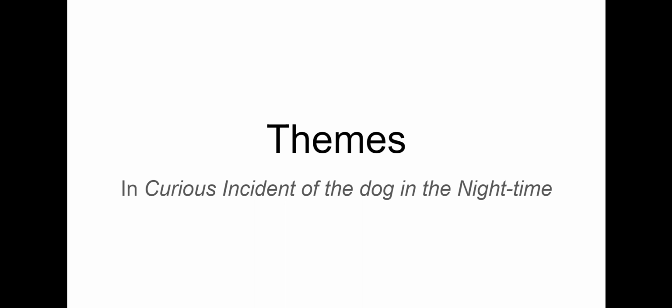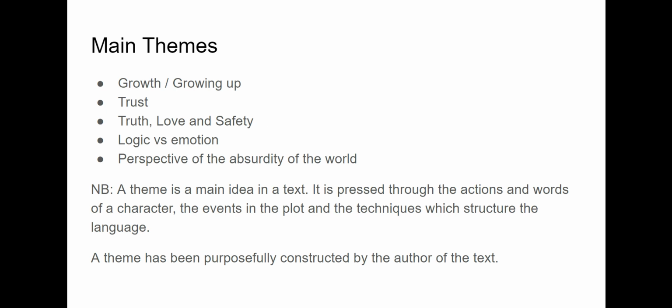So in terms of themes, we're going to look at 5 main themes. There are other themes than this in the text, and you can break these up into different categories of themes as well. So we're going to look at the concept of growth within Christopher, or him growing up as a character, the concept of trust, the link between truth, love, and safety, logic versus emotions, and